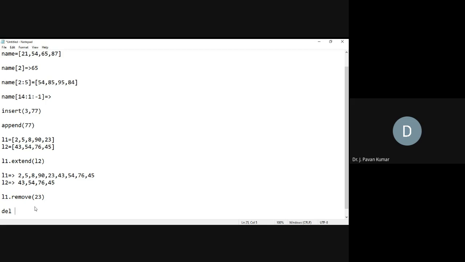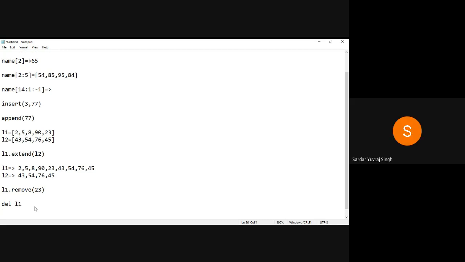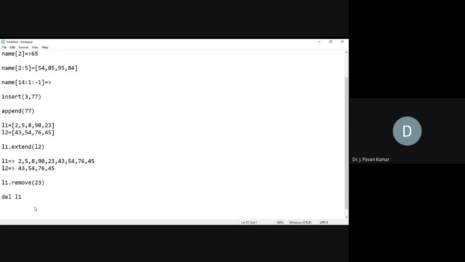Then the list name, L1. If I use it like this, that entire list will be deleted. But the difference: remove is to remove an element from the list, whereas delete is to delete the entire list. After delete, no need of brackets or anything. That is like a direct command.